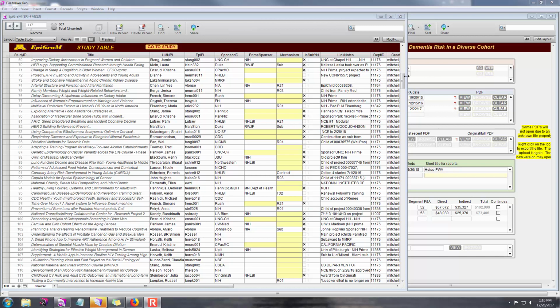Now I'm going to show you a trick to creating, or to fixing, a lot of records at the same time, if you have the access privileges to do that. So I've noticed there are a lot of missing mechanisms where it appears to be a subaward. So what I'm going to do is